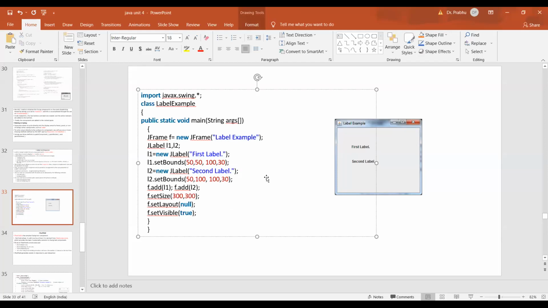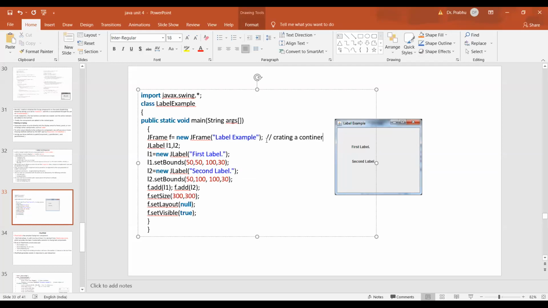Whatever the program, the first step, as I told, is that we first have to create one container. Only through that container are we able to create the component. So this is for the container. Here we are creating a container. Which type of container are we creating? There are 4 types of top level containers.